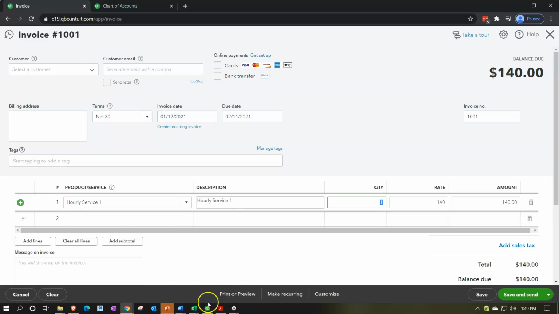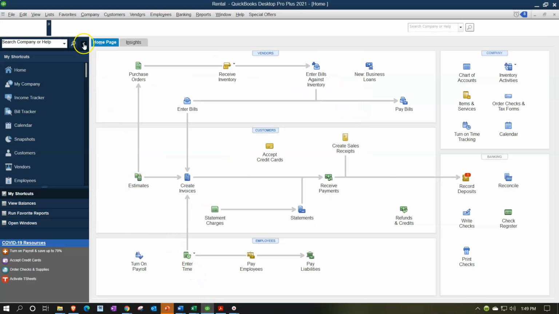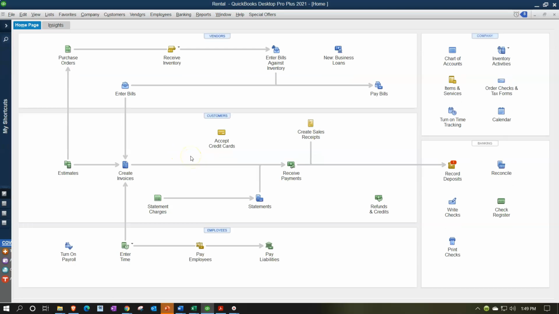Let's take a look at our flowchart over here, and this is in QuickBooks Desktop, just to consider our options as well. So I'm in QuickBooks Desktop just to look at the flowchart down here in the customer section. Now, if you're going to be tracking the inventory through the QuickBooks system, that means that up top, when you buy the inventory in the vendor section with a bill or possibly a check, at that point in time, we're increasing the inventory account on the balance sheet. But we're not only increasing the inventory account, we're also increasing the tracking, the subledger, which is going to track the type of inventory and the number of units that we have using a flow assumption, using first in,